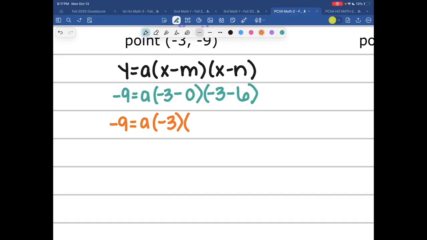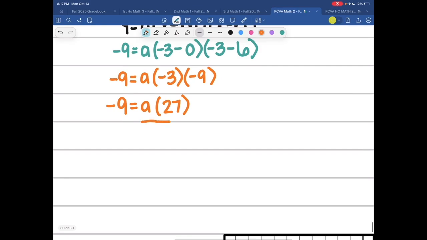And then we have -3 minus 6, that's going to be -9. So if we multiply that together, we have A equals 27. And again, you can write it like that or you can put it in front. But we are going to divide here. And we should get an A value. And my A value is going to be